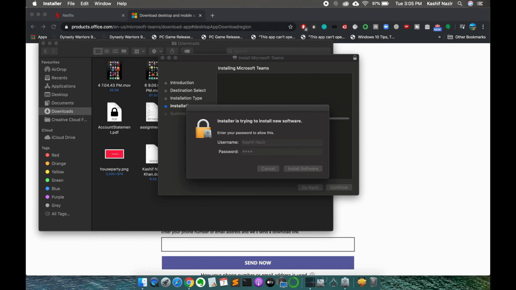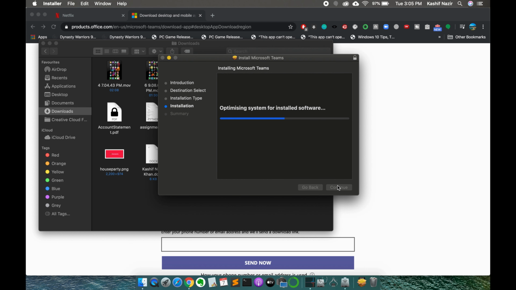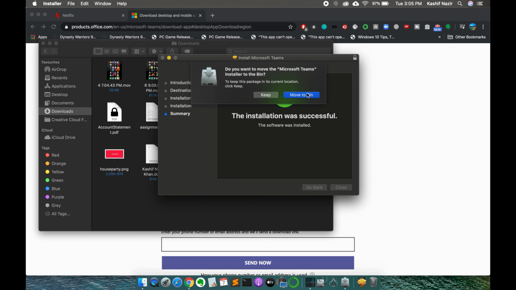It would ask for your Mac password, so simply go and enter that password, and you can see within a few more moments, the installation is successful. Close it, and if you want to move the installation package to the bin, you can move it to the bin